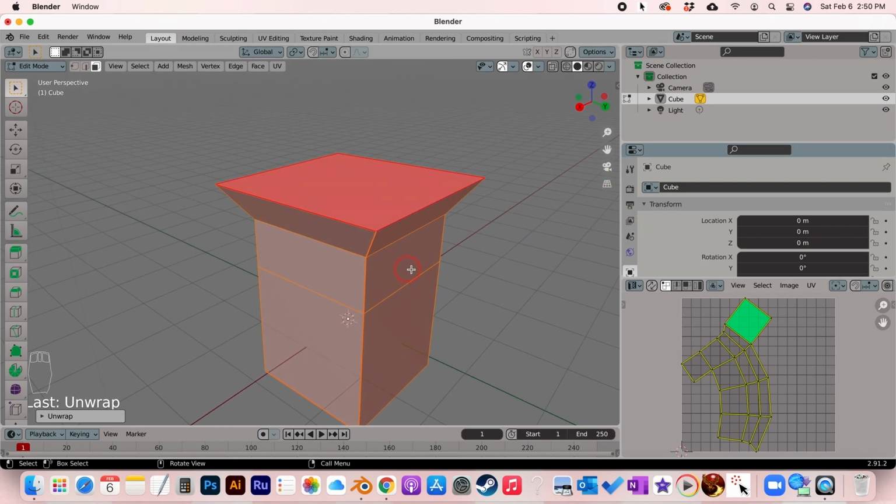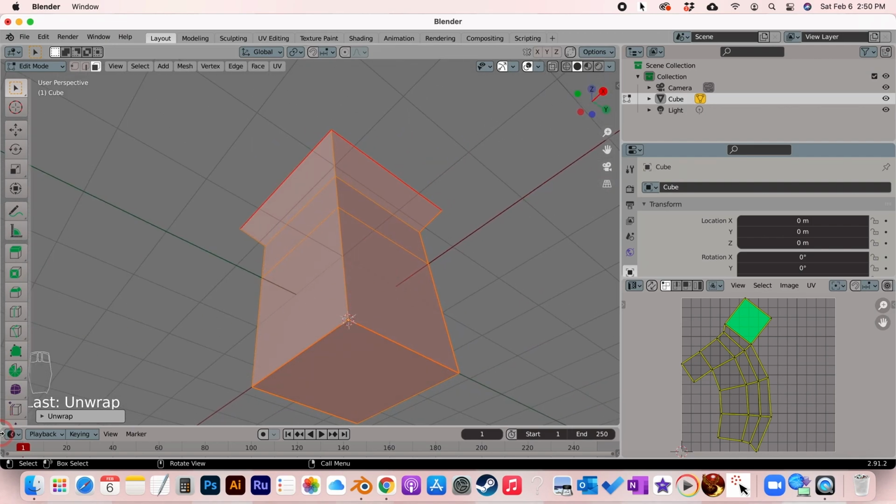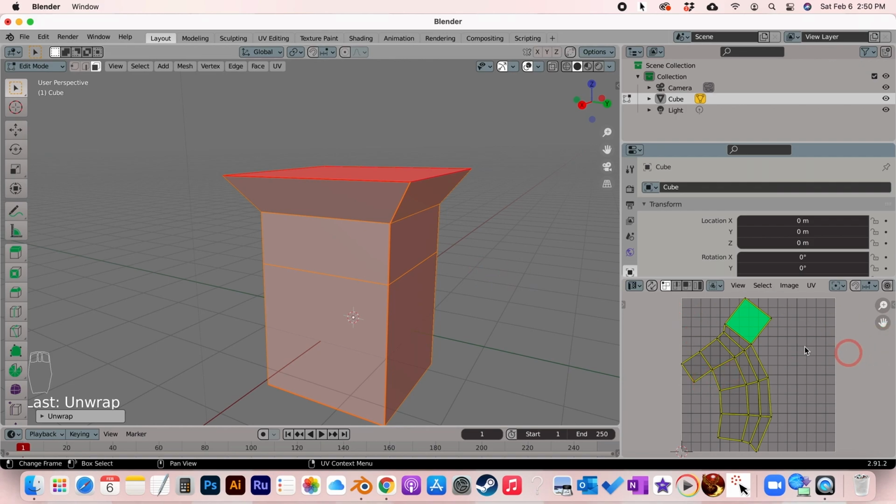So now as you can see, I have all my mesh faces selected around the whole object, and that was by hitting A. And then if you look over here to the right in the UV editor, I have an unwrapped mesh now. So it's really that simple. It's as simple as hitting U,